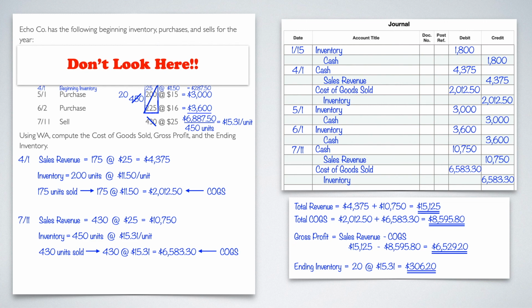So we've done a lot with FIFO, LIFO, and weighted average. We've done it with just purchases, then sales, and then we did intermittent. Hopefully these made sense. If you have any questions, please feel free to comment them. I'm happy to help. This is one of those things, like I said, that is typically the more challenging one. And so if you can figure out a structure or a system to put in place that's going to help you through it, it'll make it a little bit better. And this is the system that I put in place. So hopefully it helps you.